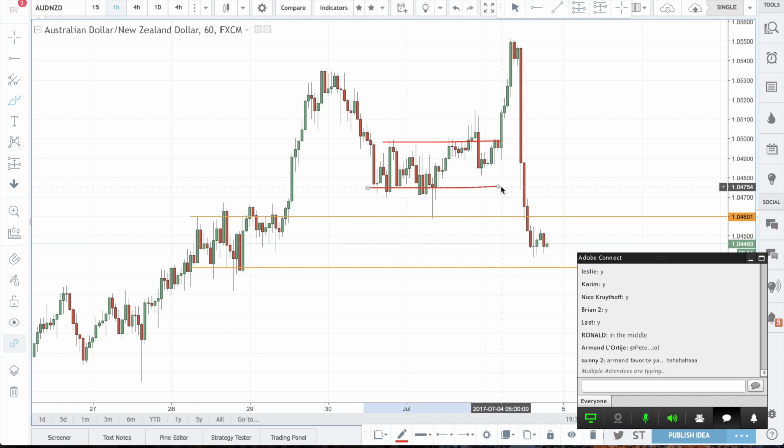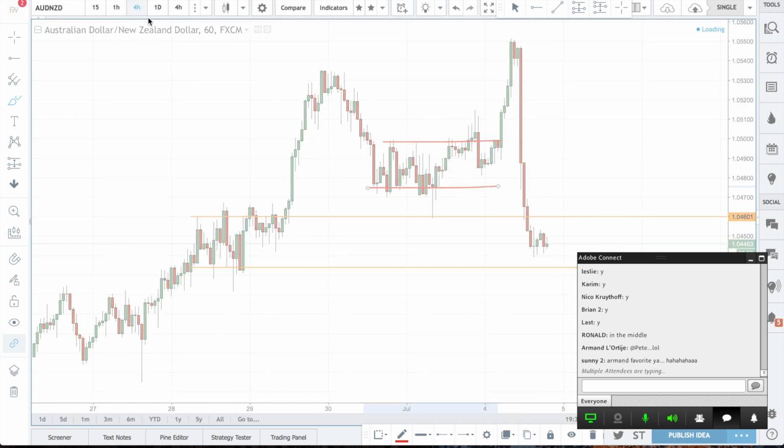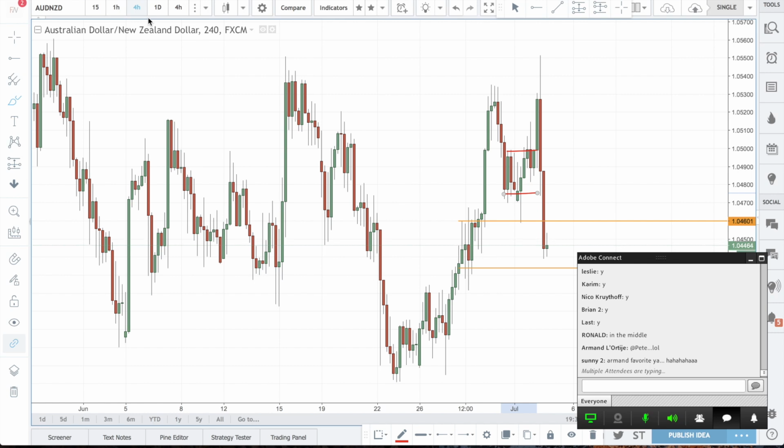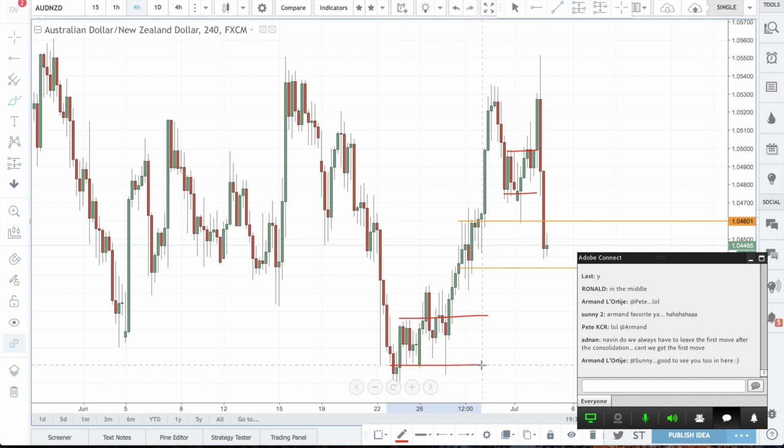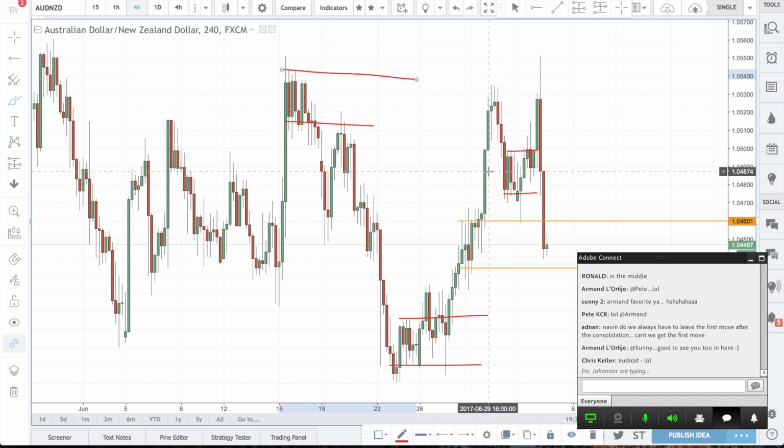Now, in this movement, if we take a look at this based on the 4 hours, the 4 hours has its own kinds of ranges. Right? It has its own range down here. We got something up here that's holding up. Okay, and prices like to bounce from these areas.